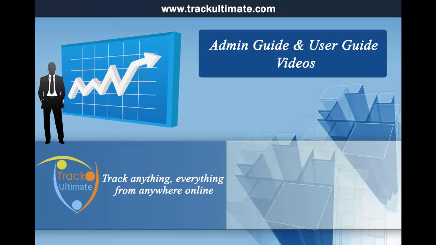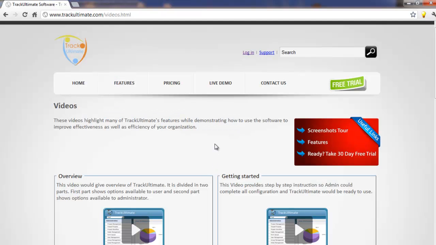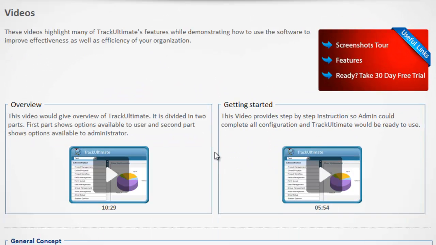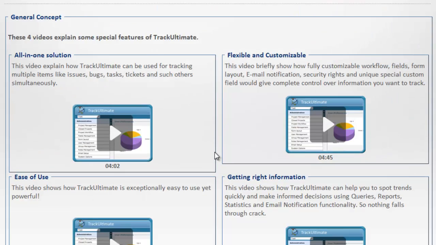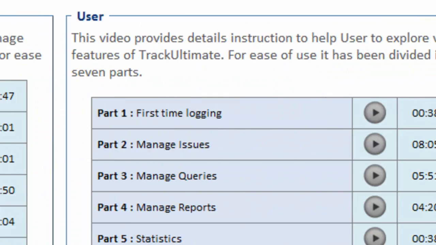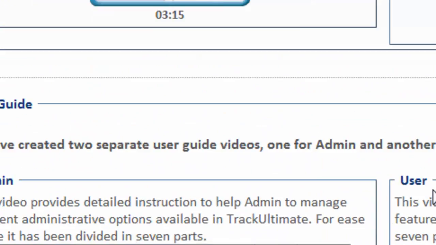Admin Guide and User Guide videos. Users can now start using TrackUltimate. We have created 2 separate detailed user guide videos, one for admin and another for user, which give step-by-step instructions. You can view them here at